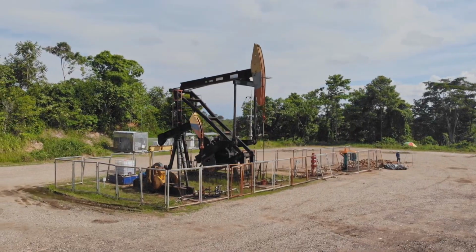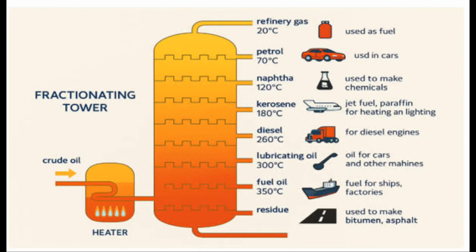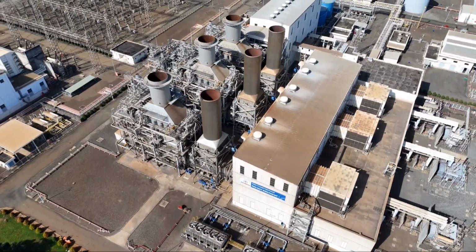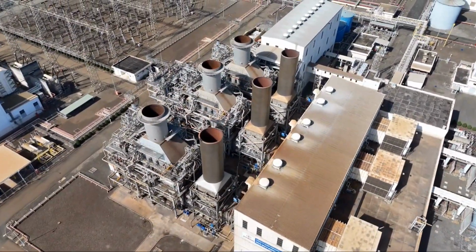If crude oil is heated to 30 degrees Celsius after extraction, the vapor that will be produced is LPG gas. It contains light hydrocarbons like propane and butane. We use this LPG gas for cooking. After all the gases are separated at 30 degrees Celsius, no more vapor will be produced.